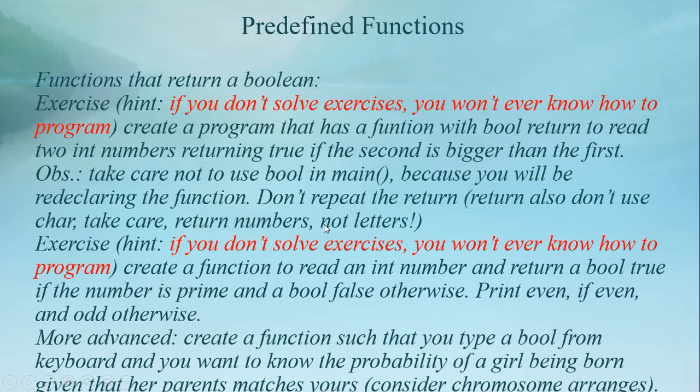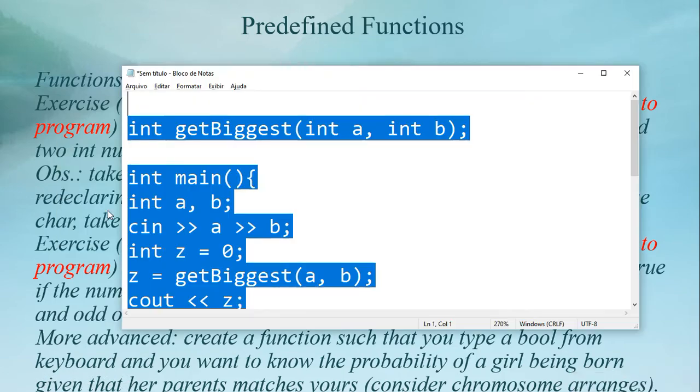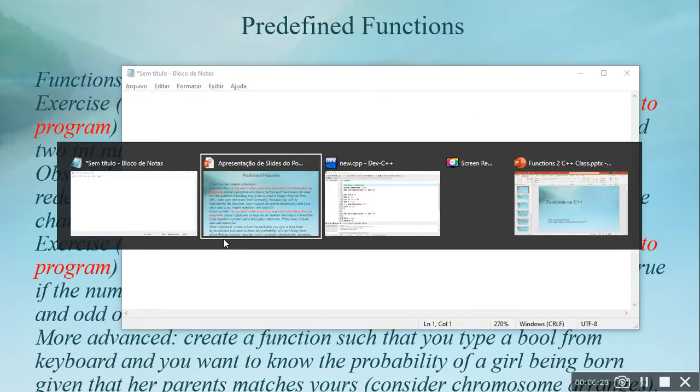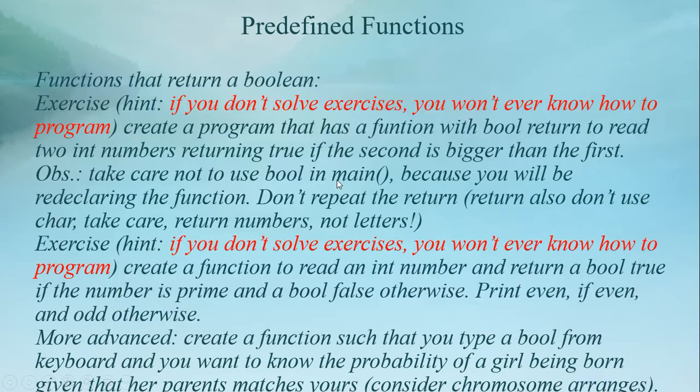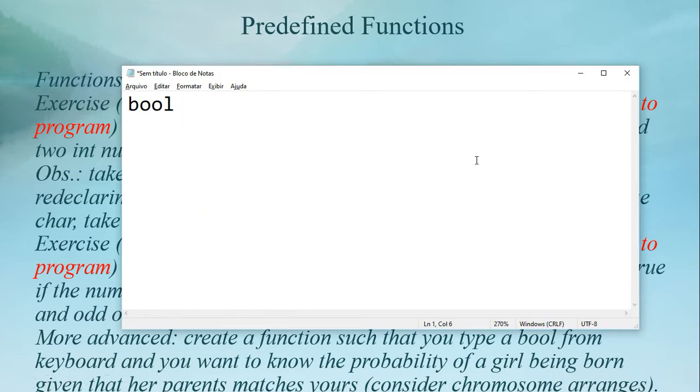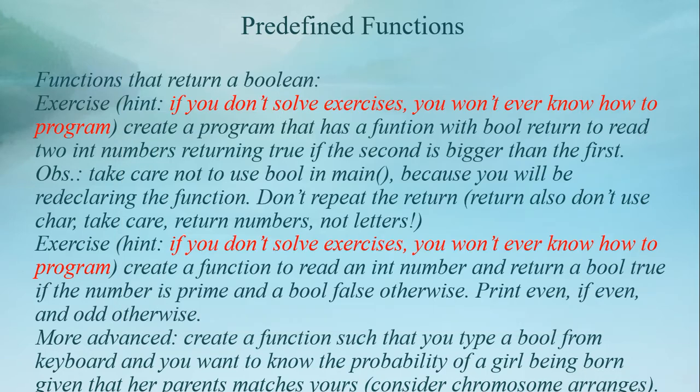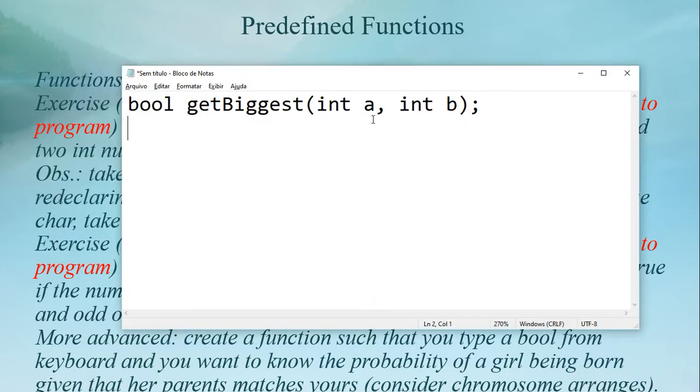Return numbers, not letters. The return doesn't return chars, just numbers. So what we will create here is a function, bool, that returns the biggest. So this is a function that gets the biggest, and we are doing it differently here, right? Int A, int B. These are the ints, right? We'll return to two int numbers, so we need the main function, int main,